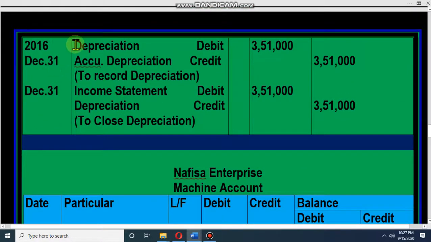Look at here, no machine account, because no new machine we have purchased. So whatever machine we have, that will continue. So in 2016 we don't have any new machine, we just have two journals, depreciation account debit, accumulated